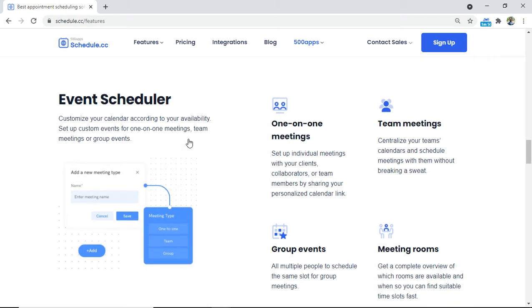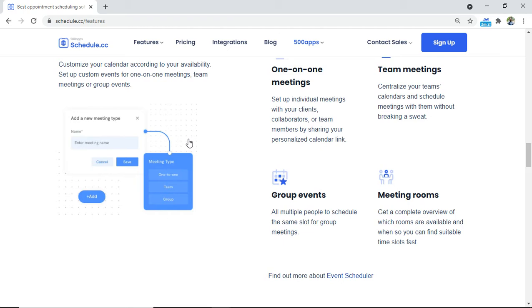And coming to event scheduler, you can schedule varied types of events. For example, if it is a personal interview, it would be one on one, or it could be a five-member panel with one interviewee, right? You can schedule such kinds of events, or you can schedule team meetings. You can schedule group events. We have meeting rooms as well. So this can help you in having various kinds of events, not just limited to one kind of event. One can organize one to many and many to one meetings as well.